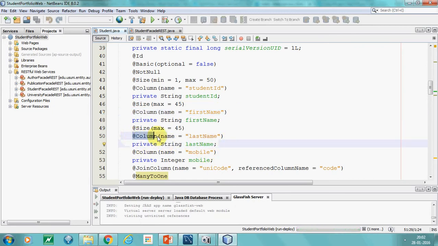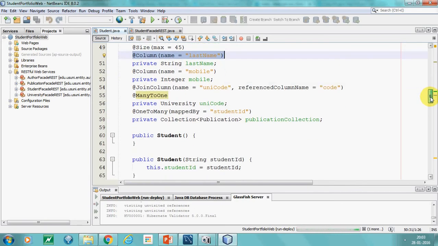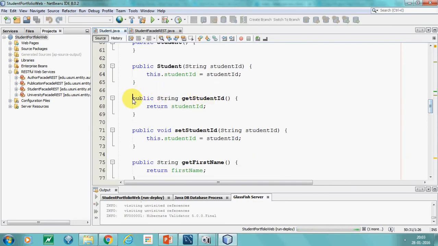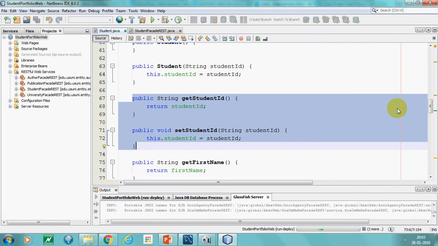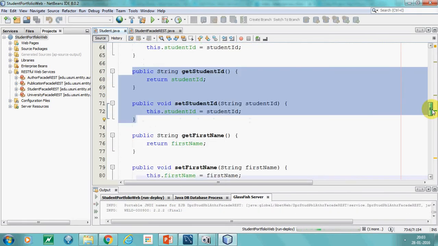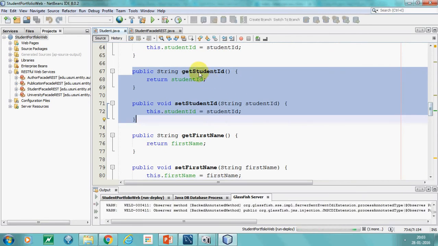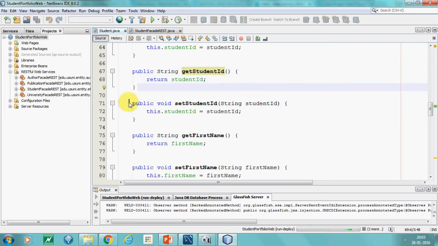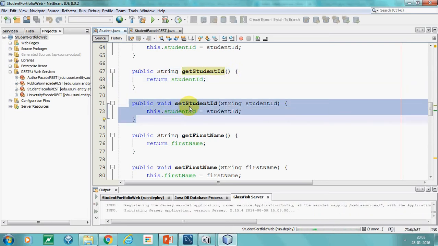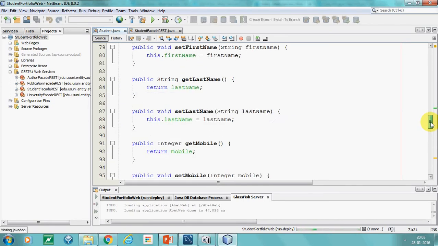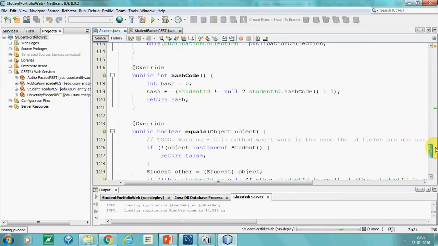Third field is last name, also related to the column last name. And finally, we have the mobile number. For each field, we have an accessor and a mutator method. Because these fields are private, their values cannot be read directly. You can read the value by calling its corresponding get method, or you can change its value by calling its corresponding set method. So this is like the student entity class.